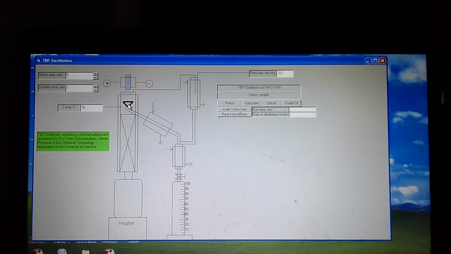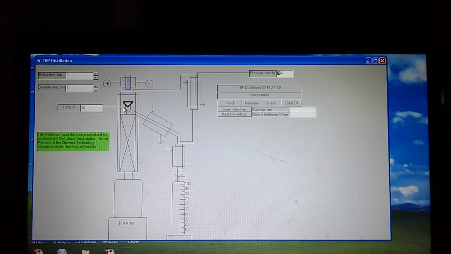The vapor enriched with the more volatile component passes over this condenser and will be collected, and this collection is measured in terms of percentages for this cylindrical vessel, and the corresponding temperature is also measured at a point